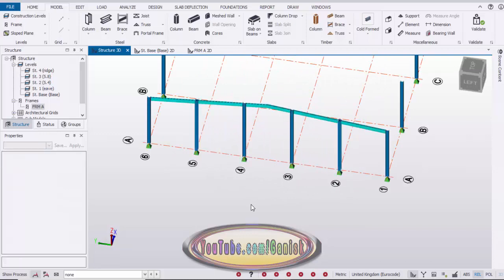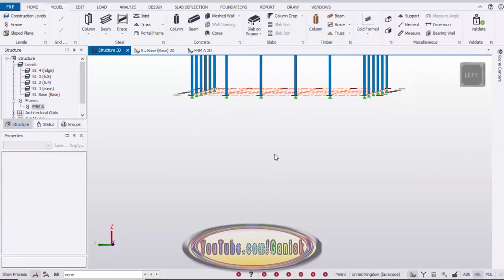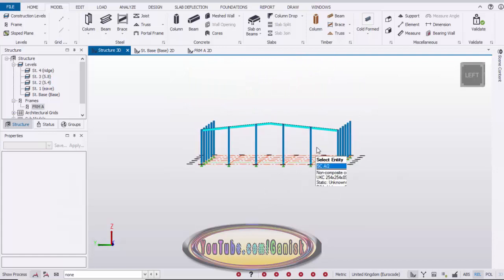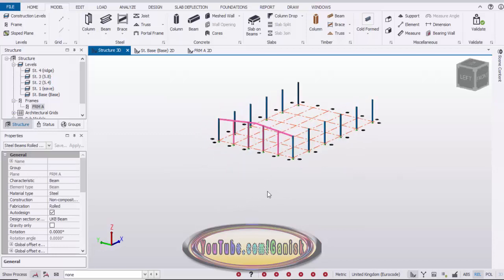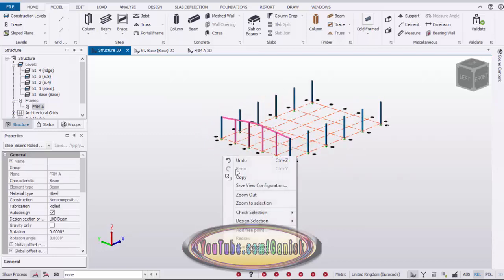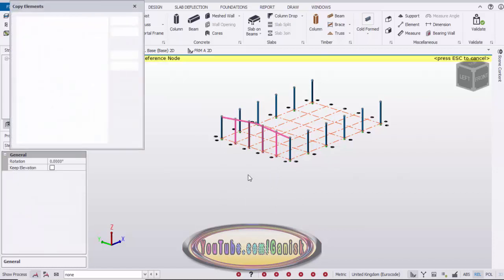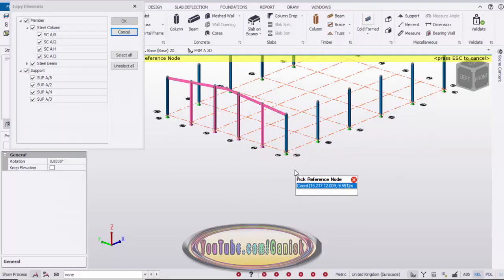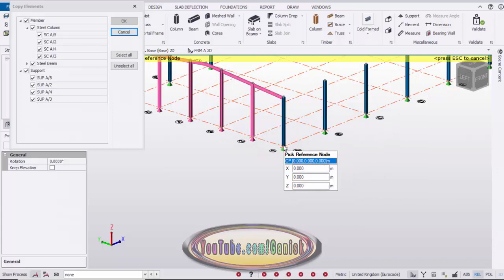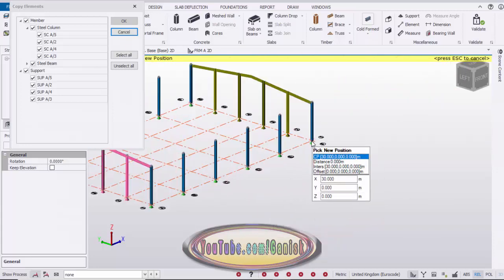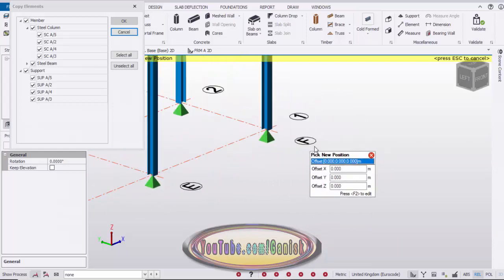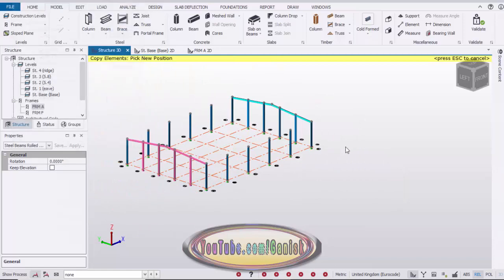Otherwise click on escape and you can place like this and then drag and select like this to select the interior columns and rafters, then right click on mouse, copy, zoom it and pick the reference node at here and pick the new position at here to place the interior column and rafters along grid F like this. Click on escape to exit the command.